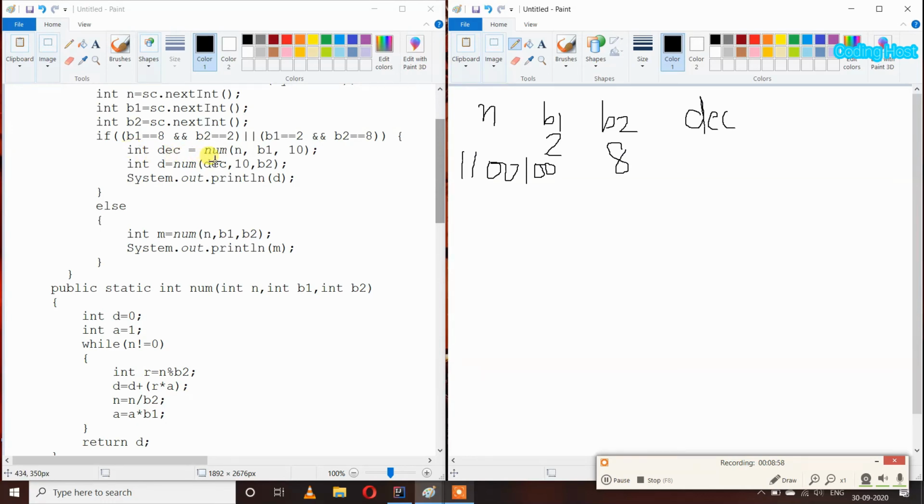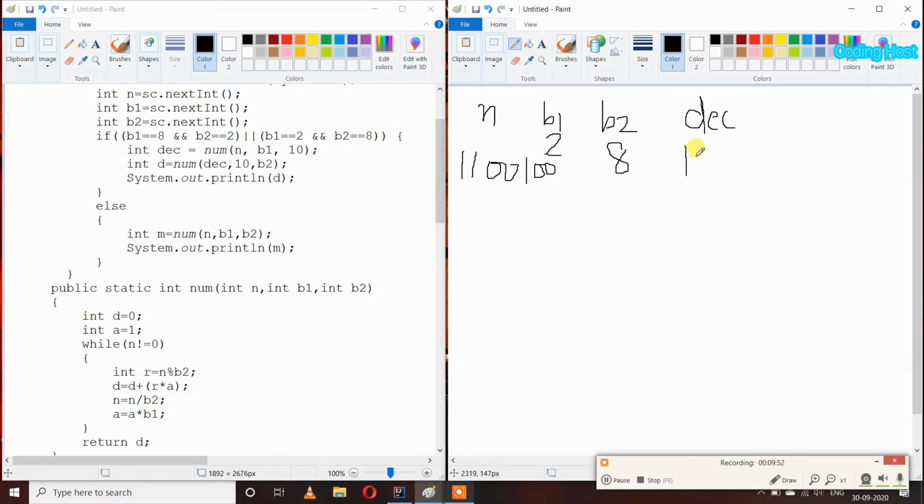So it will call the num method in which it will pass the n variable, base 1 and 10, because first we have to convert the source number into a decimal number. So it will go here and it will return us the decimal number of 1100100. So we get 100 here, and I will store that number in the int dec variable.